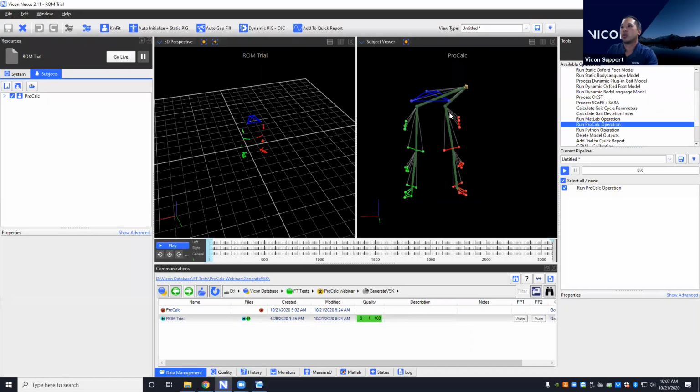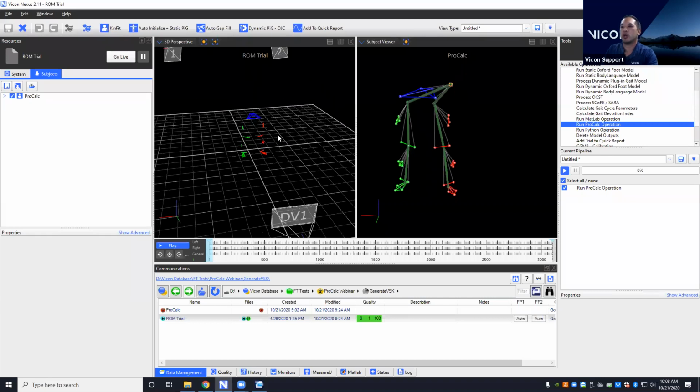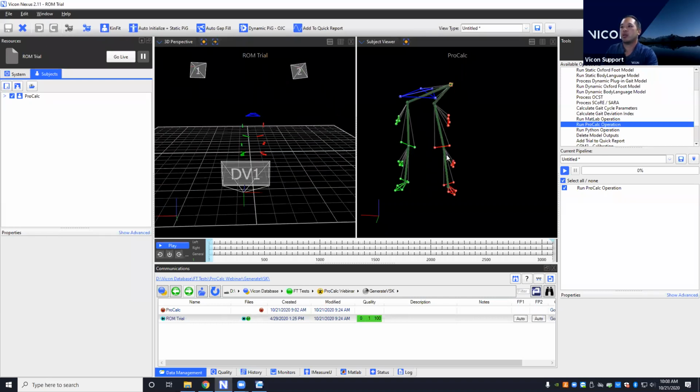We can see how this was calibrated just using a range of motion operation. It's still good. It'll label great in your trials, no issues there. But if for whatever reason you want to do something in real time, this may not get you exactly what you're looking for. So this is what the calibrated VST, or VSK, looks like